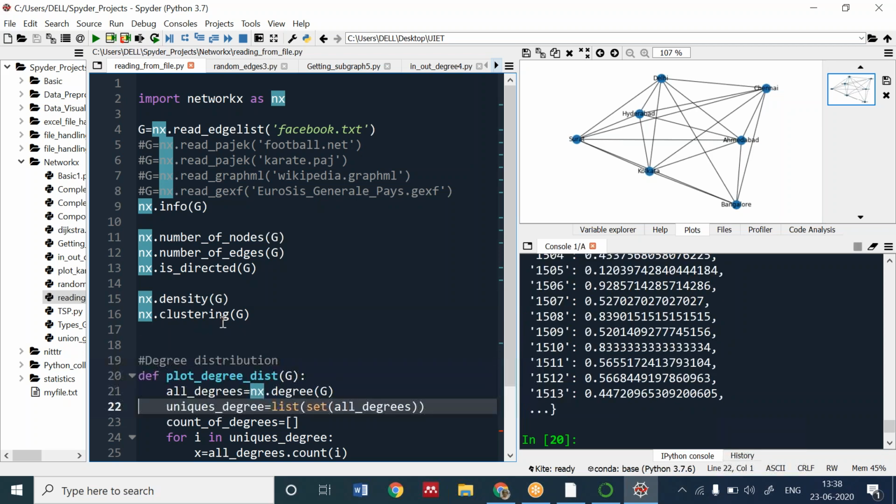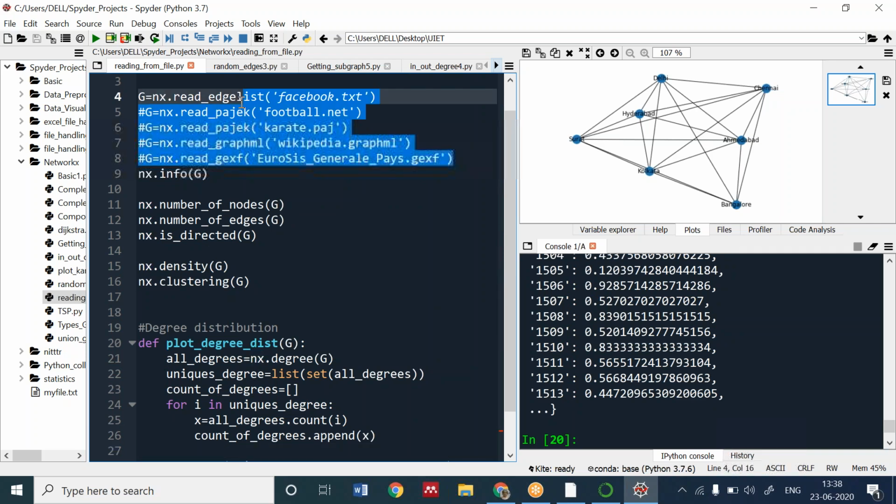So these are the file formats. You can write them down.